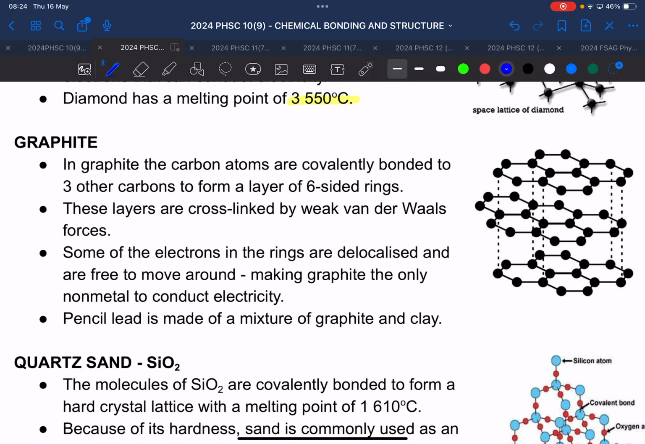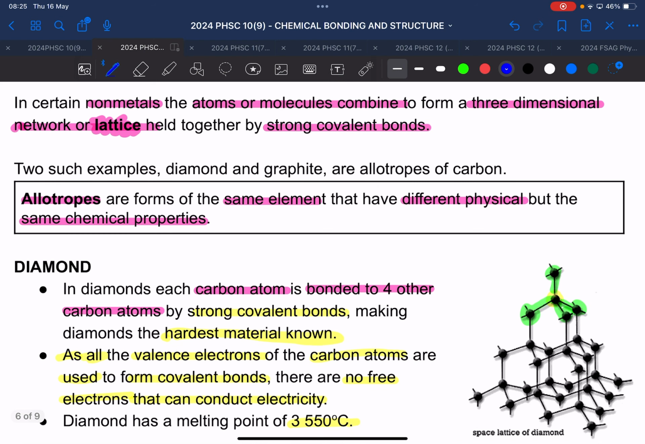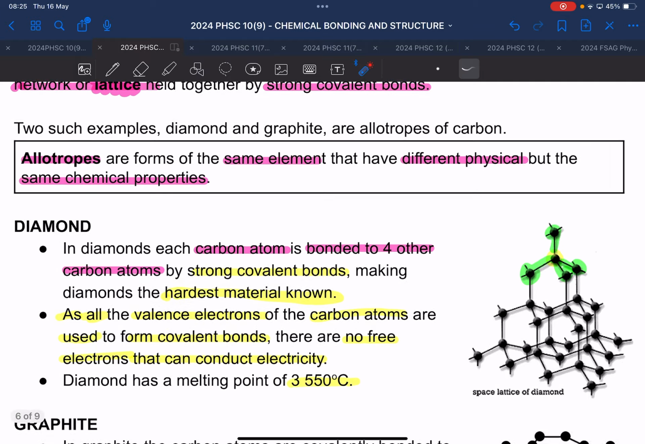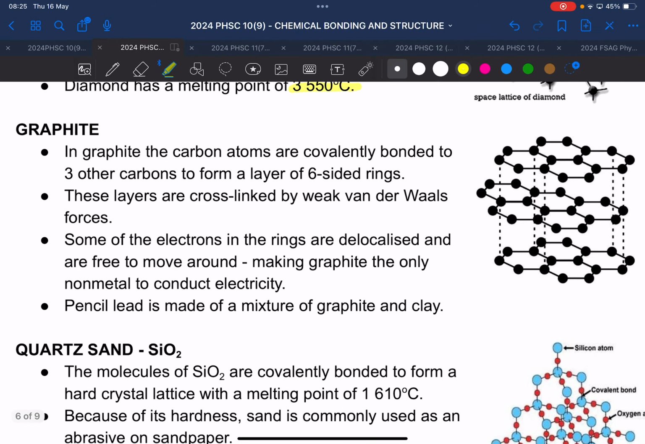Alright then, so yesterday we had the new definition of allotropes. That is substances of the same element that have different physical properties but the same chemical properties. So, we talked about the diamonds yesterday, and today is the graphite. Okay, so graphite and diamonds are allotropes because both of them